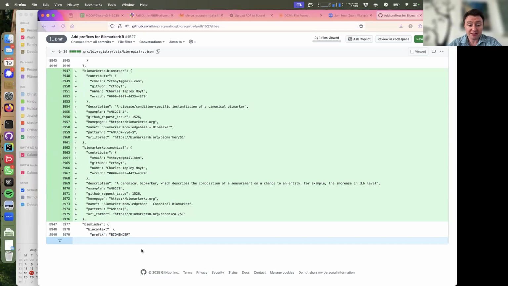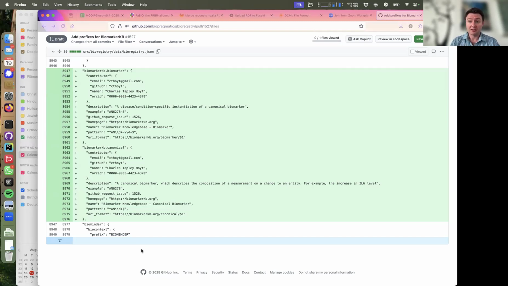Okay, so what we're interested in is to identify what are the semantic spaces that are part of BiomarkerKB, the database, and put those into the bioregistry. And so in general, when we make new semantic spaces as part of databases or ontologies, we can register them in the bioregistry such that anybody can find out what is the resource,